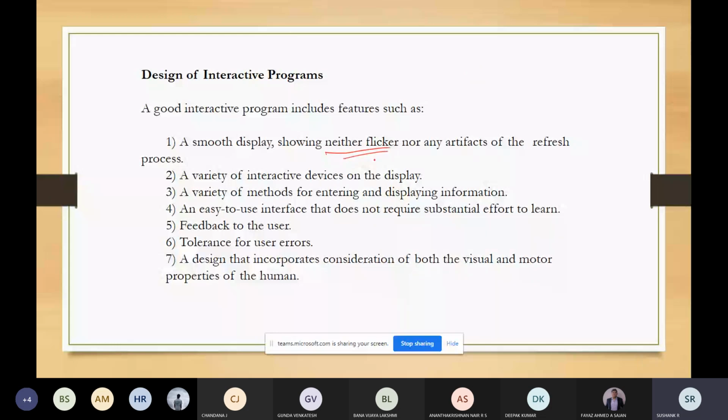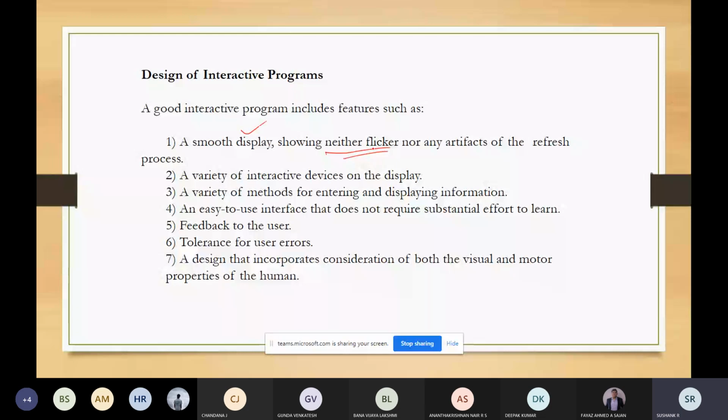The image should be displayed without any disturbance, or any blur on the screen. If you refresh or resize, the image should not get distorted. So the display should be smooth, without any artifacts or flicker. Whenever you refresh, the image should not get disturbed.